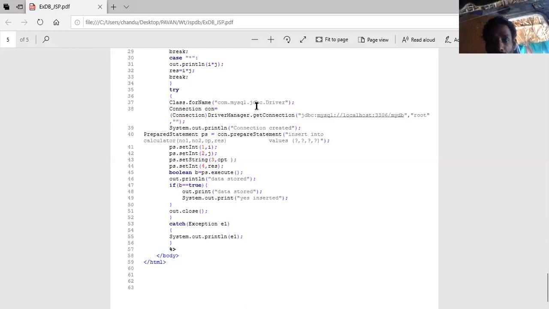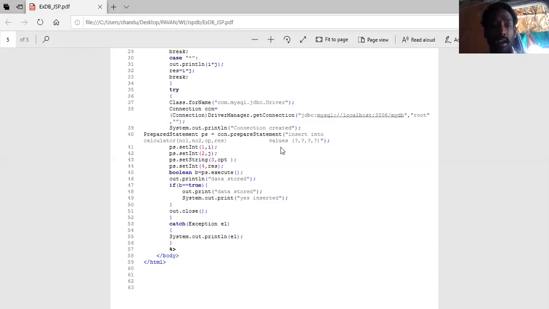This is the lab program. Once again, observe the things. I'm repeating the concept. When you want to do database programs, we need to download the MySQL connector. After that, create the project and include the MySQL connector in your project. Then start the MySQL server at any time.